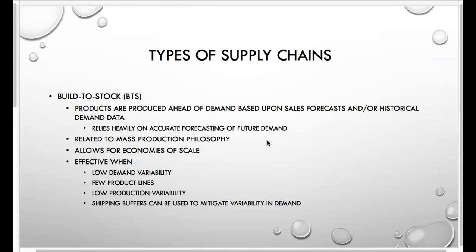So once again, build to stock is effective when we have low demand variability. Once again, because we have to build based upon sales forecast, we want to have as accurate a demand forecast as possible. Anytime you have any variability, that requires flexibility within the supply chain to absorb, which mass production typically does not have. You can design it. There are push-pull systems that are a hybrid that do very well towards this, and we'll be discussing this in week 9 or week 10, so keep that in mind. So you have few product lines.